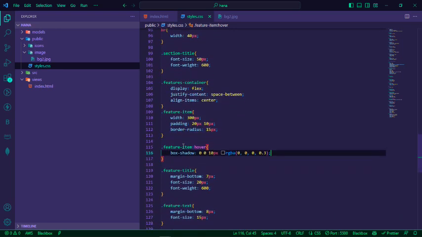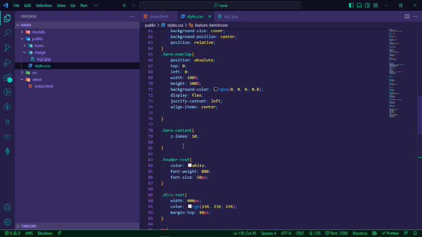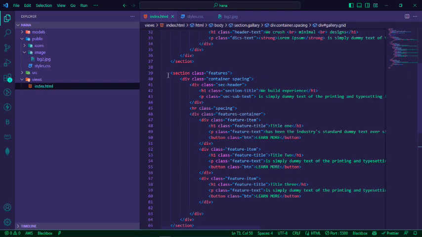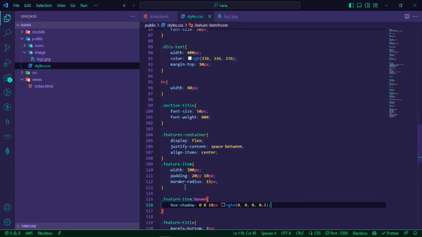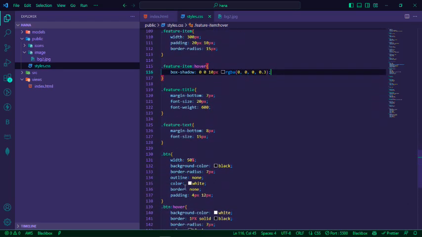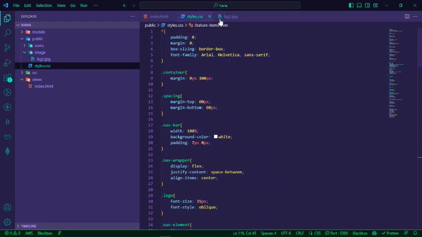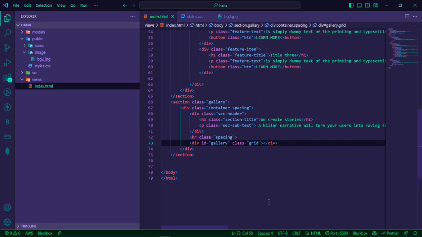This is the feature content, chemical compound. So we have the features here, but I don't think we used it. There was no style for the features. We have the features content, feature item, feature title, button, and all that stuff. So there's no style for the feature here. So why I'm saying that is because I wanted to use this gallery for here. I wanted to use it for here, but